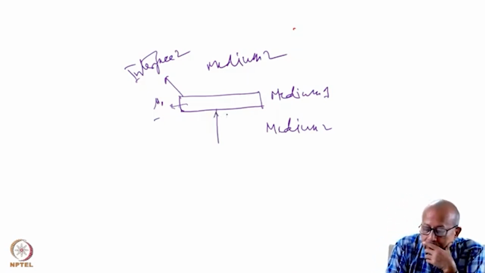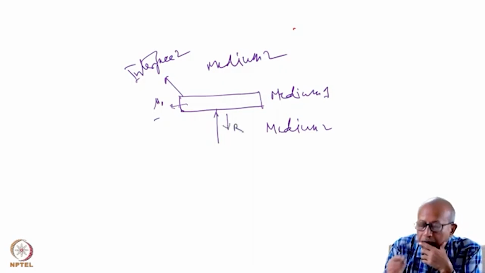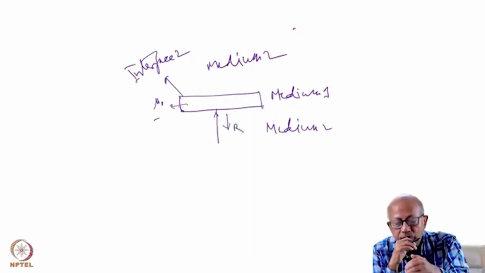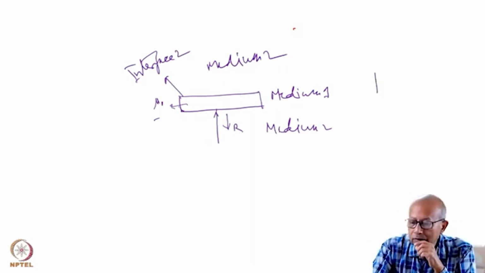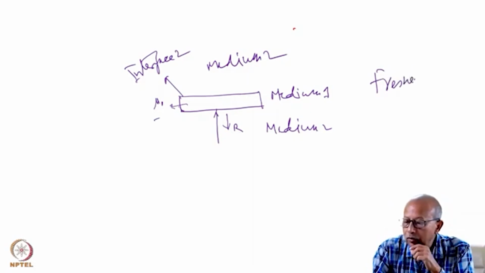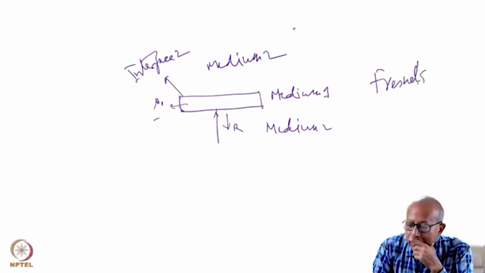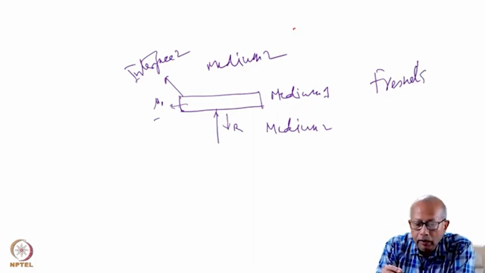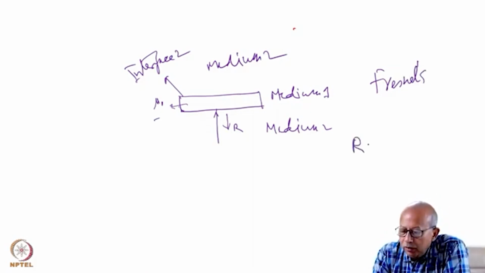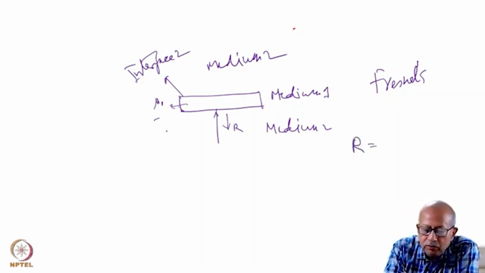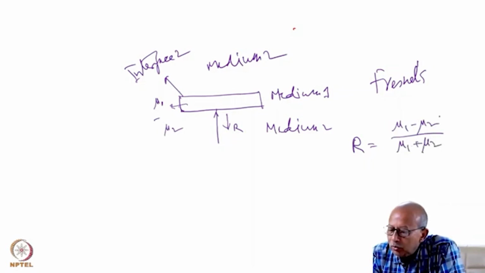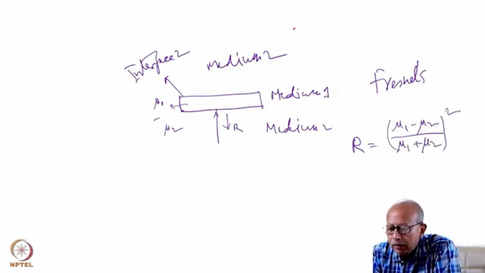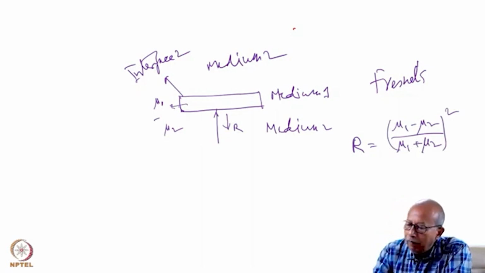Now, if we assume that R is the reflective part of it in percentage, then from the Fresnel formula, it would follow that for normal incidence of light, the fraction that will be reflected in percentage is, if this is mu1, this is mu2, mu1 minus mu2 divided by mu1 plus mu2, whole square. So if we multiply by